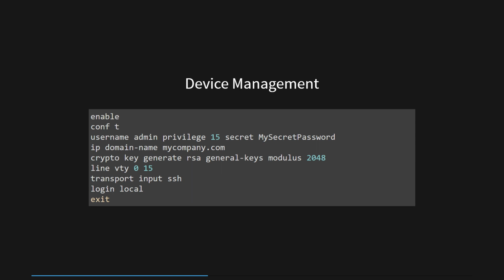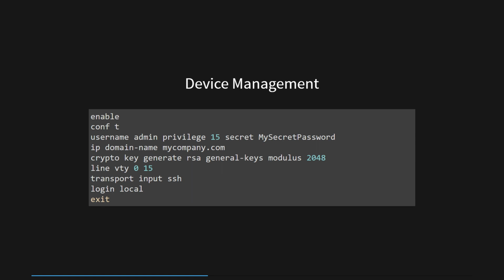The administrator generates RSA keys of 2048 bits to facilitate secure communication. Finally, they configure the virtual terminal lines, line vty 0 15, to accept SSH connections only, transport input ssh, and specify local authentication, login local, for secure access. By implementing these configurations, the Cisco switch is now accessible through SSH with encrypted communication, ensuring a robust and secure